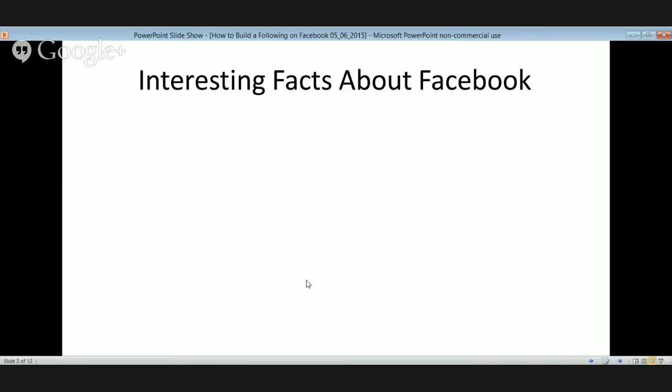So I want you to think about what you would like your following on Facebook to look like in 5 years. How many people would you like to have in your community on Facebook? And I'm not talking about people, just a number. I'm talking about interacting people that you are building relationships with. Maybe in 3 years, what do you want that to look like? Or even a year from now, what would you like your community to look like on Facebook?